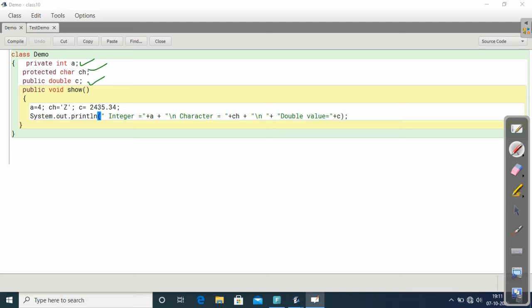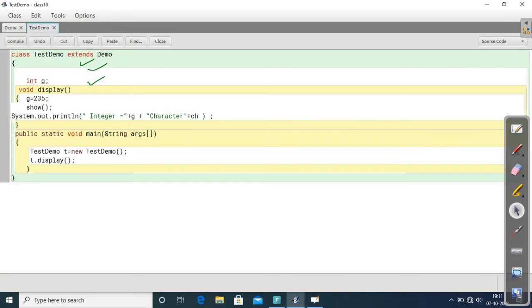You know that character ch belongs to which class? It belongs to the demo class. Please understand, character ch is demo class, integer a is demo class, double c is demo class. So we can check how the values are being accessed. Is it possible to access? Okay, so here I am giving character ch. Let's see what the output is.